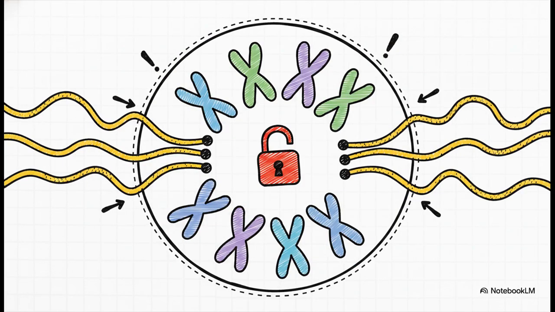But this internal washing machine dial isn't flying blind. It has highly sensitive internal sensors that report back on whether crucial processes have actually finished. For instance, right before the cell splits apart in the M phase, there is a very strict checkpoint. The cell will completely halt the division process if even a single chromosome isn't perfectly attached to the spindle fibers. It literally just waits, delaying anaphase until every single kinetochore is locked in securely. This is a brilliant security feature because it guarantees that the new daughter cells don't accidentally end up with missing or extra chromosomes.